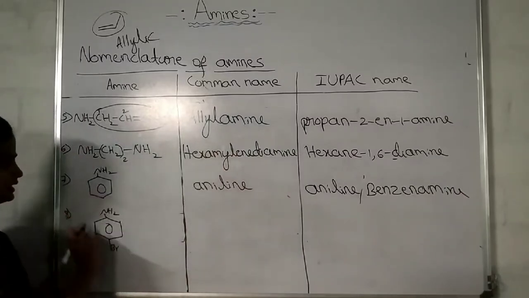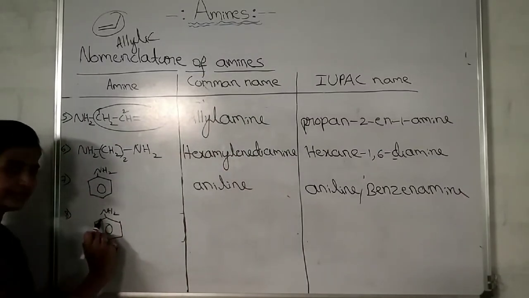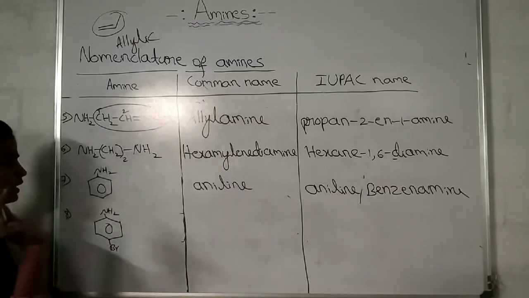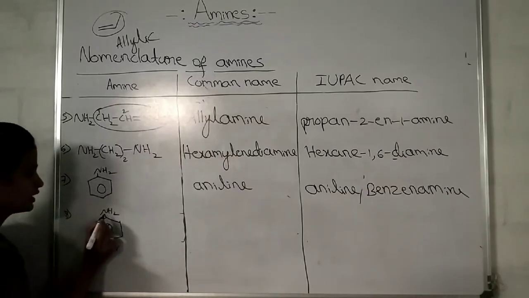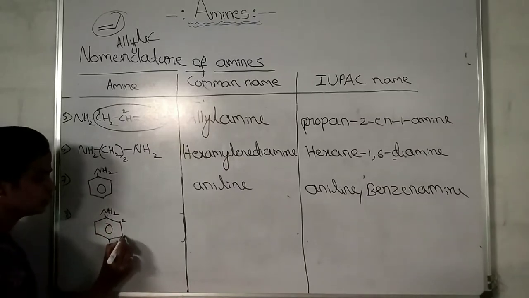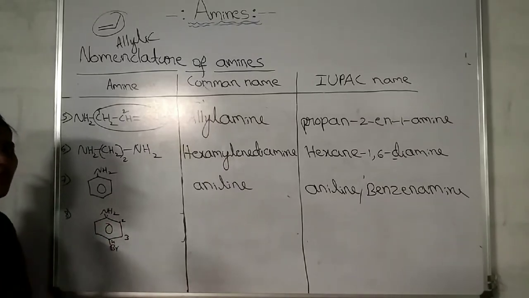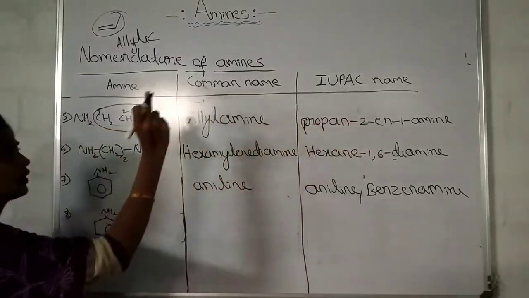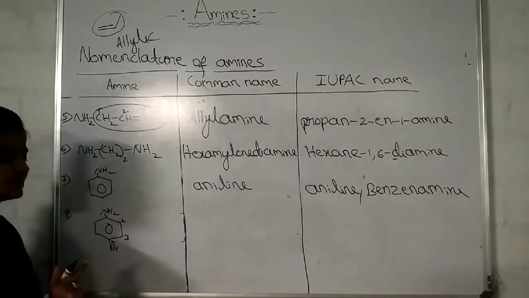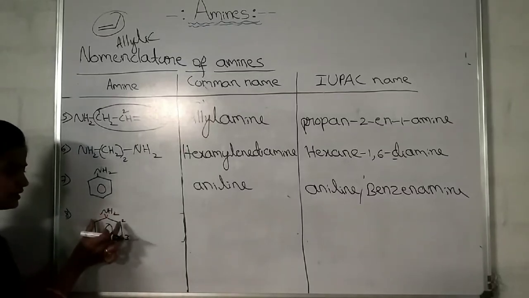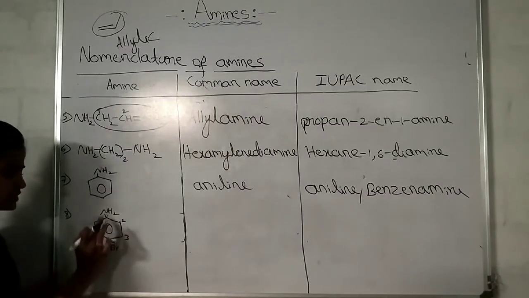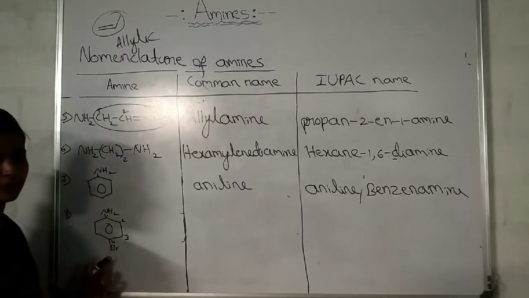Look at the next example. Aniline is there, to which a bromo group is attached. To what position is the bromo group attached? Position number 1, 2, 3, 4. To the fourth position. These numbers are used in the IUPAC system, but in the common system, as we have studied in the first PUC, this is the substituent. These two are called ortho positions. These two are called meta positions, and the one opposite to this substituent is called the para position.